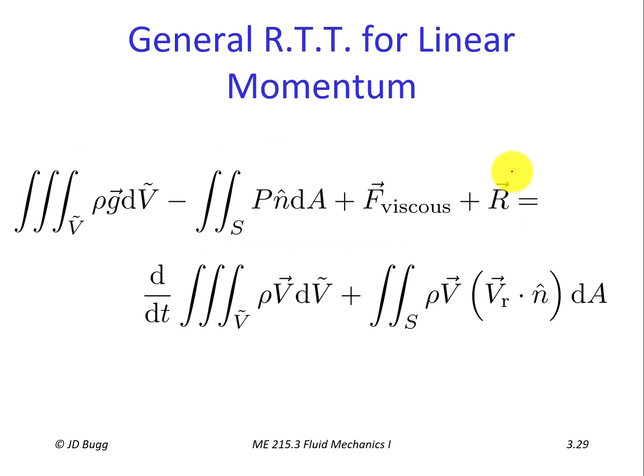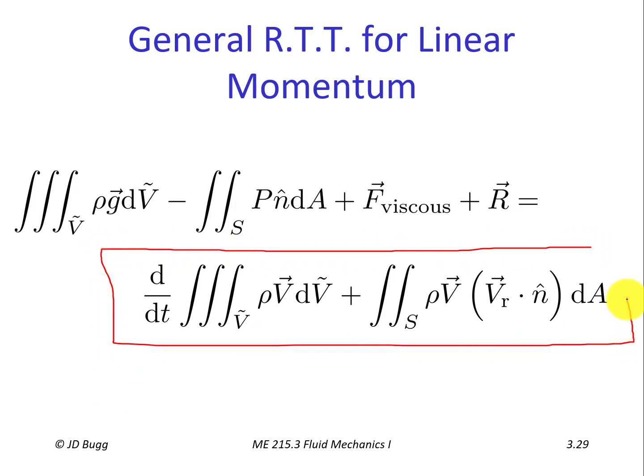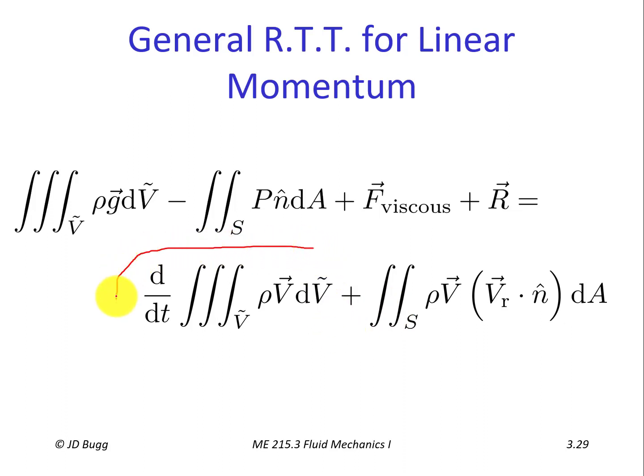So that's the left-hand side of our equation, and all of those forces give rise to some change in momentum. So we add these all up, and they need to be balanced by the change in momentum. So the right-hand side of this equation is the change in momentum that results from all of these forces. Well, there's two general things that can happen that change the momentum of the system. Either the material inside the system is speeding up or slowing down or maybe changing direction,